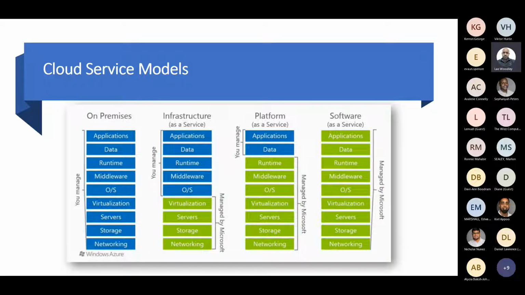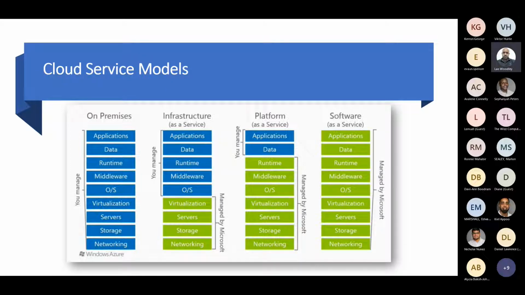Some of the familiar, recognizable traits of infrastructure as a service: it's very similar to virtual machines that we've worked with prior. On-prem workloads can be lifted and shifted very simply onto the infrastructure as a service platform within Azure. And workloads sitting on infrastructure as a service can also be automated for starting and stopping. It must be noted that of the three major service models within Azure, infrastructure as a service is the only service model that we can turn off.